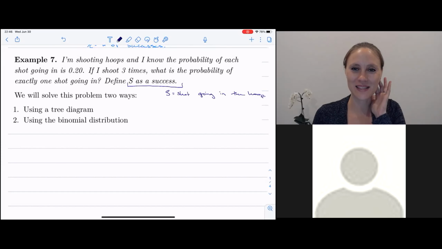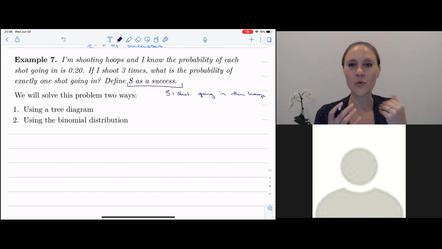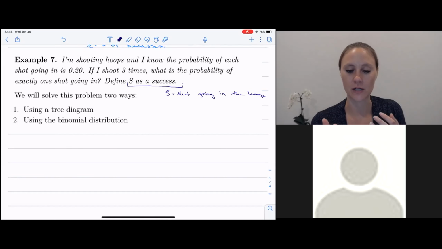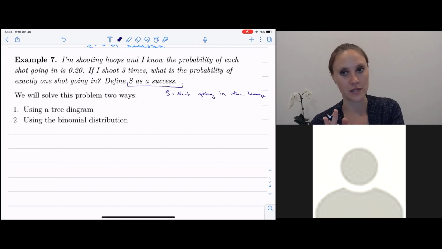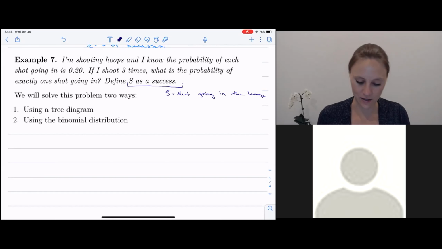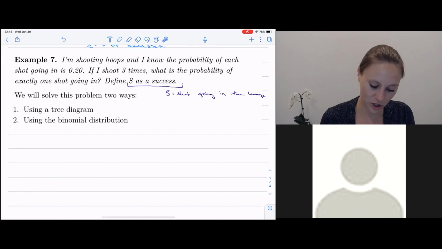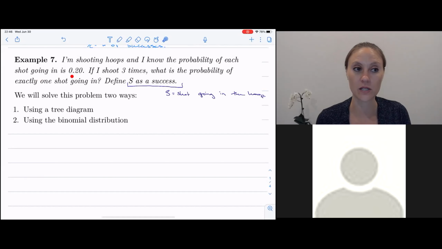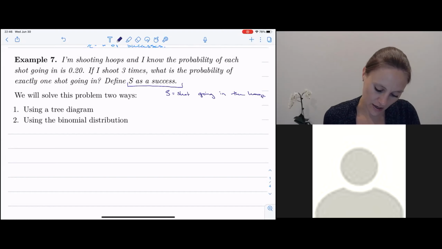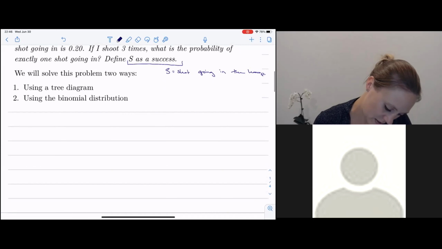So let's take a step back. Do we have a binomial situation here? I only have 2 outcomes, either it goes in or it doesn't, right? And I know the probability of each shot going in is 0.2, so the probability stays the same throughout. So is this a binomial? Binomial, yes,